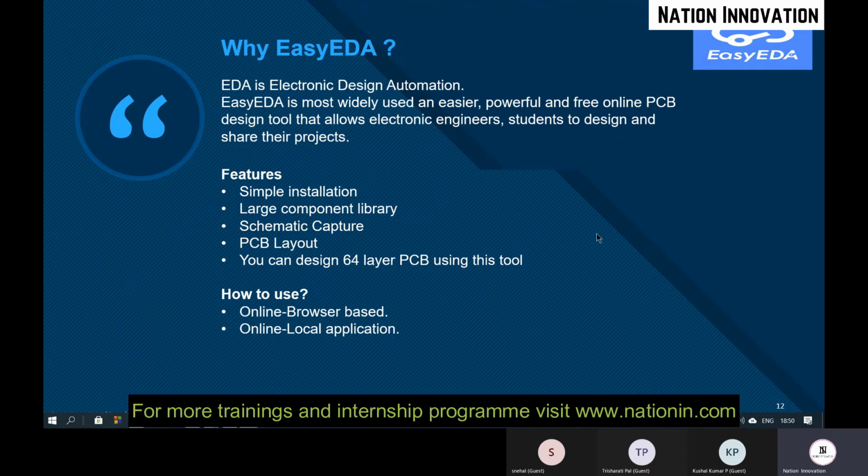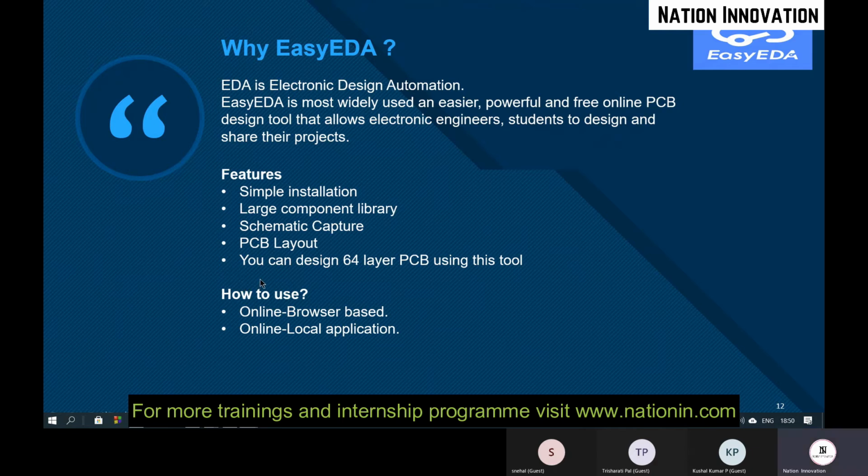It has a large component library. It has both an e-library and a global library, so you can access any components. It also provides schematic capture and PCB layout, and you can design a 64 layer PCB using this tool. It allows you to design up to 64 layers.